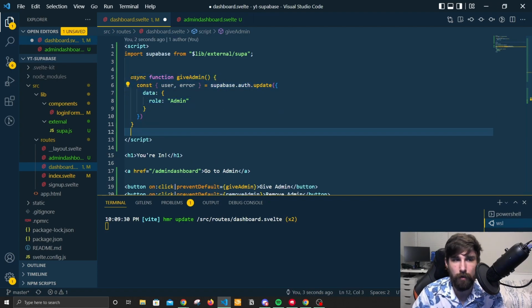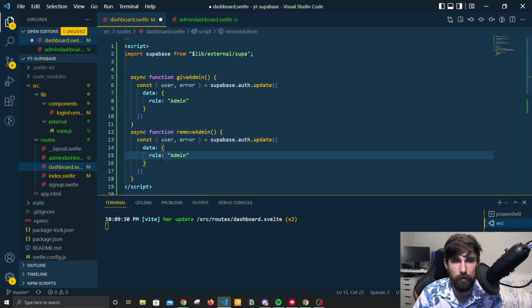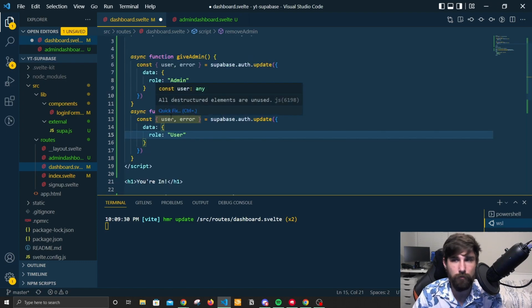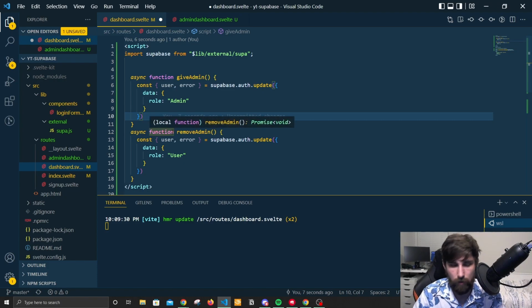And then we're just gonna go ahead and copy and paste this function and call this remove admin. This isn't the cleanest way to do this, but I want to go ahead and just show you guys the proof of concept of how it works. And there we go, role user. And then if you want, you can do a dot then,